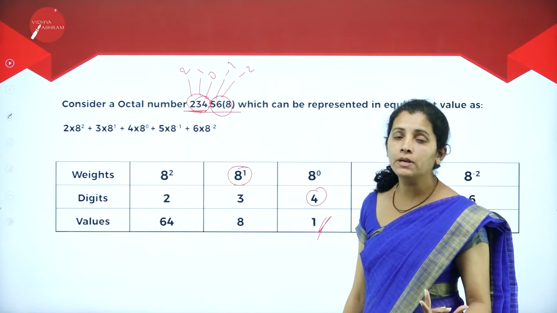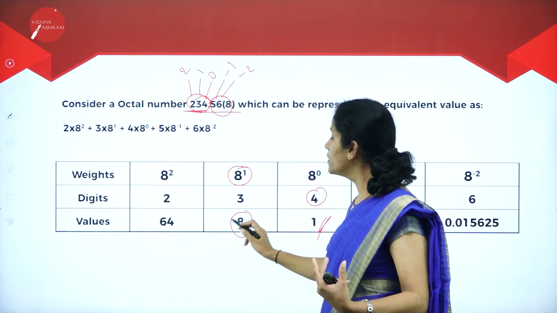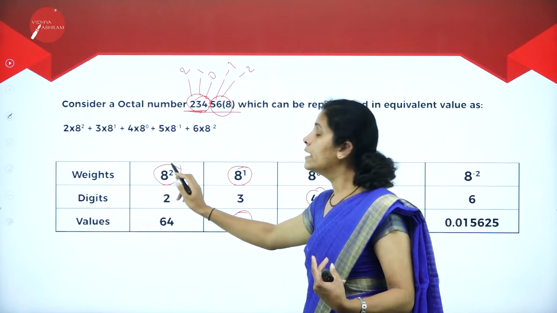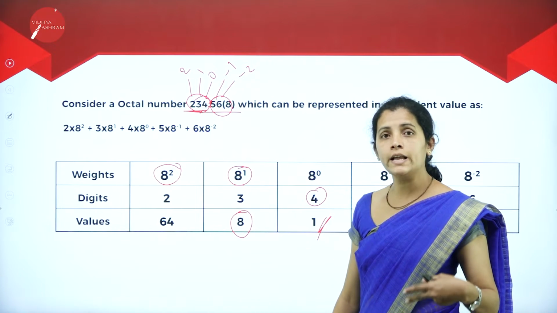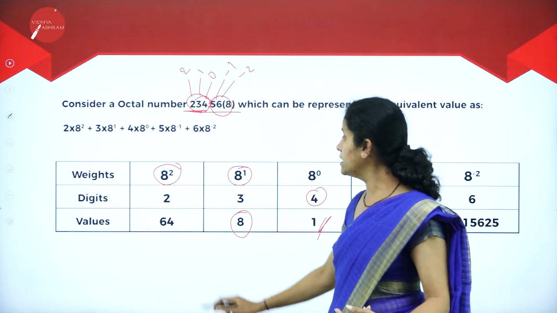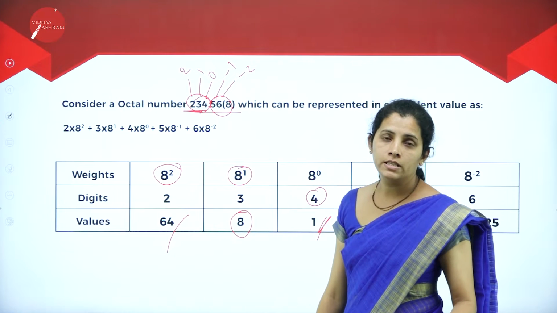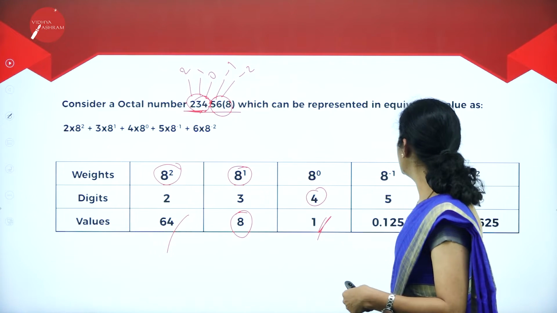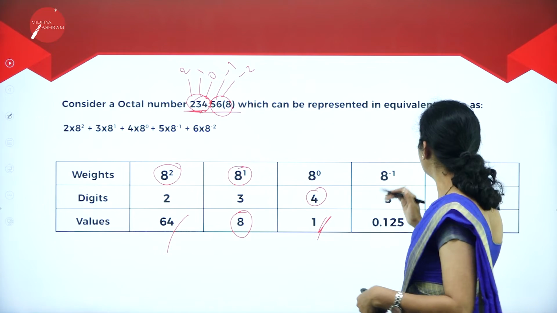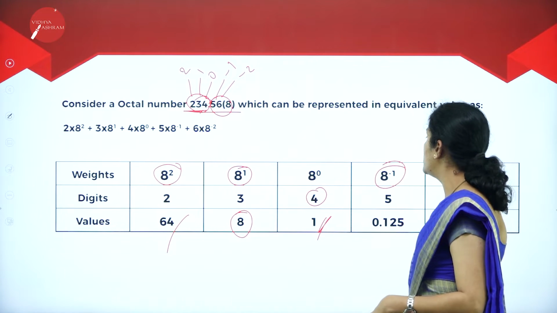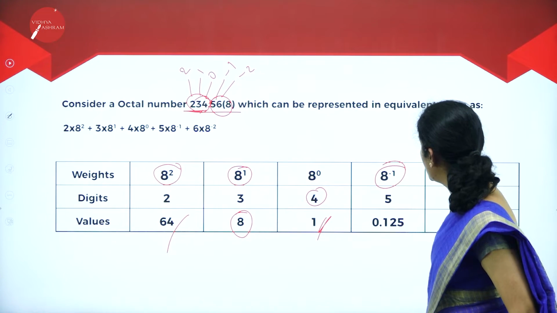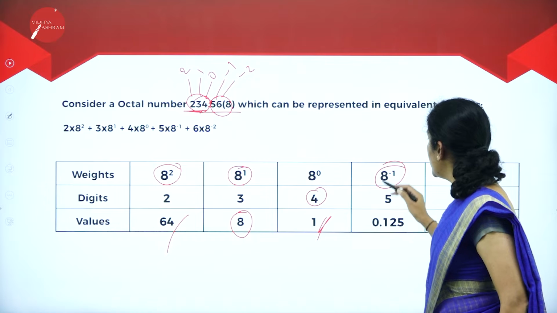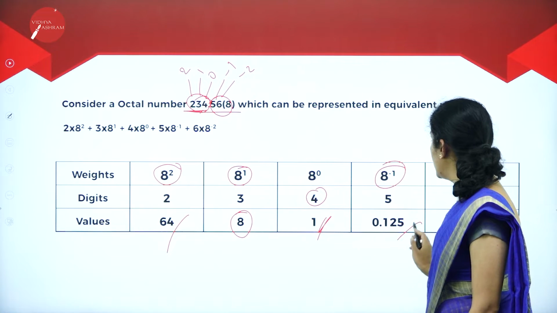8 to the power 1 means how much? It is 8. And here I have 8 to the power 2. That is 8 into 8. It is nothing but 64. Similarly, if I consider the left half, I'm going to have 8 to the power minus 1. After performing 8 to the power minus 1, I'll get